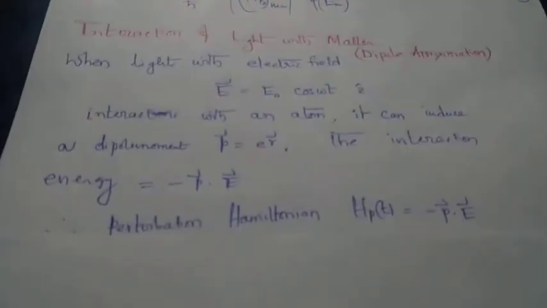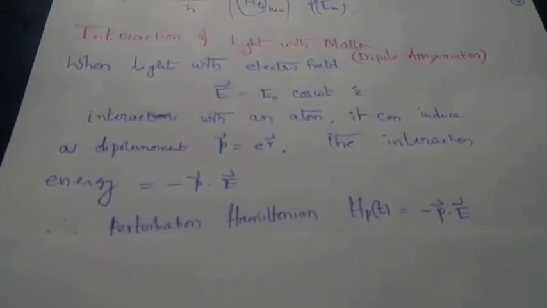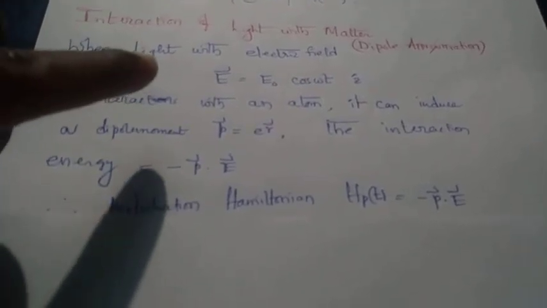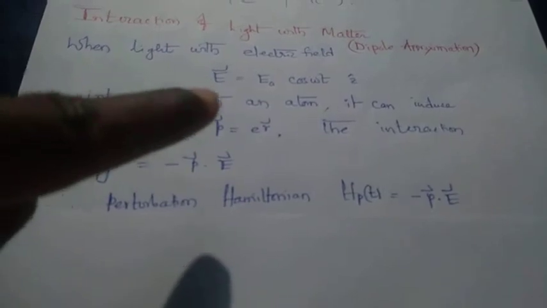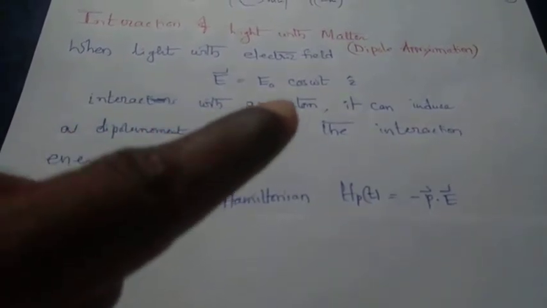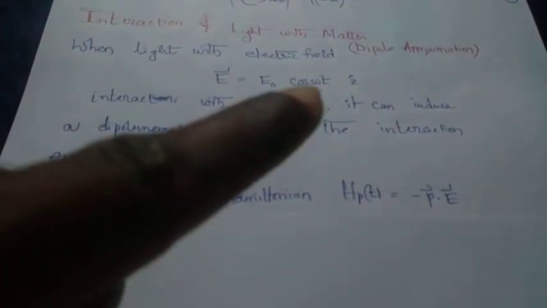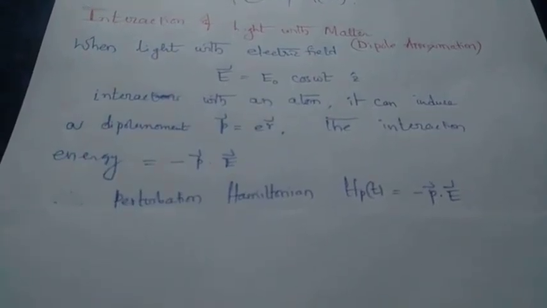The topic of the video is interaction of light with matter with dipole approximation. When light with electric field E with polarization along the Z direction, with amplitude E naught and frequency omega, actually